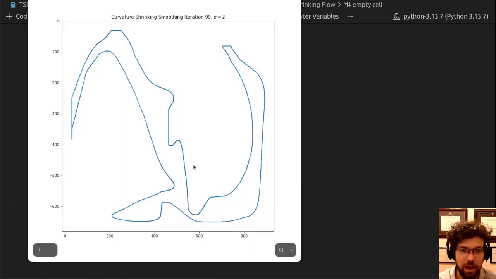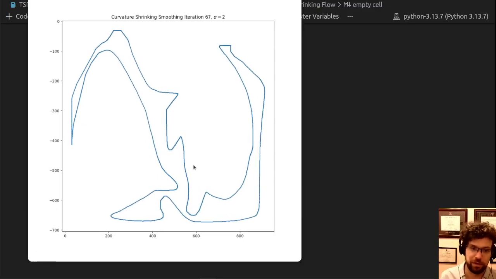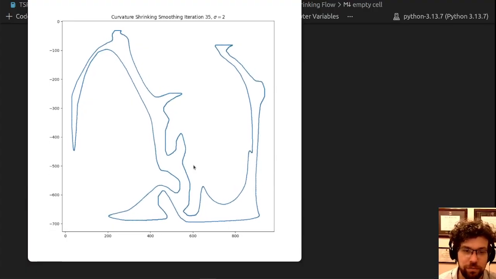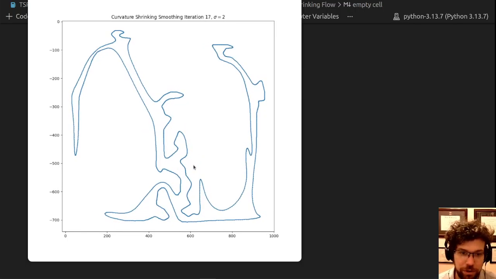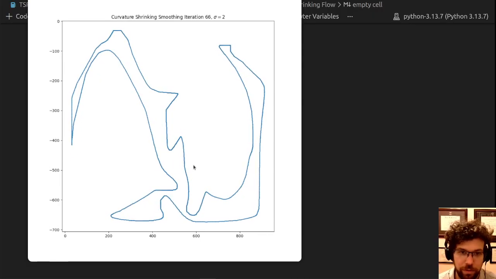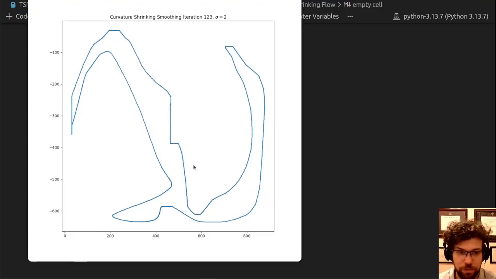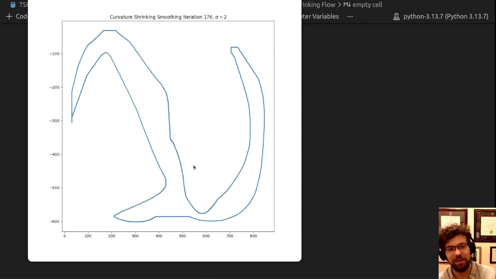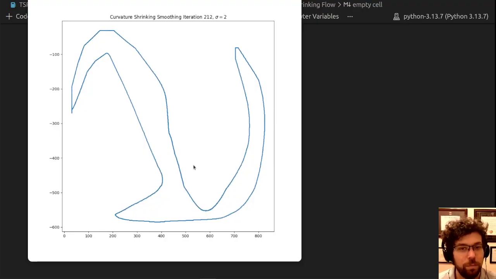But as this curve is evolving here, you notice, first of all, it never intersects itself. So that's one thing that's really cool. It didn't intersect itself in the beginning because that's all the work we went through to get rid of those crossings. But it actually will never intersect itself if I do this technique here. It'll remain as a simple closed loop. And as I keep going, it's a pretty complicated loop, so it takes a little while for this to happen. But eventually,